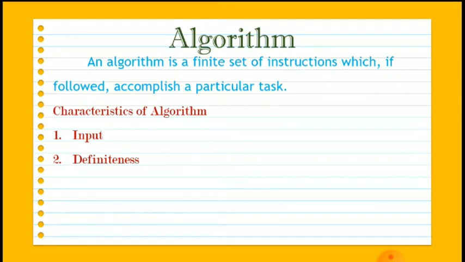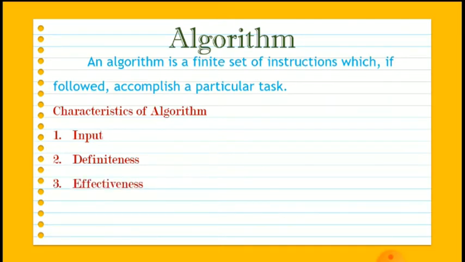Second characteristic is definiteness. Each operational step or operation must be definite. That is, each and every instruction must specify clearly what should be done. In other words, there should not be any confusion while writing the instructions. So in finding GCD, whichever method you choose, that method should be clear.